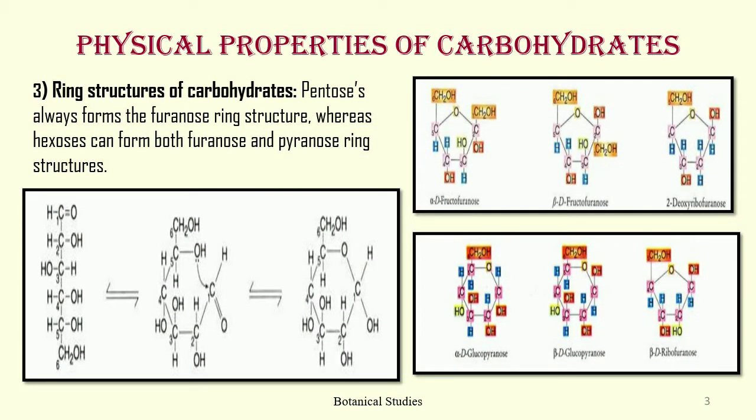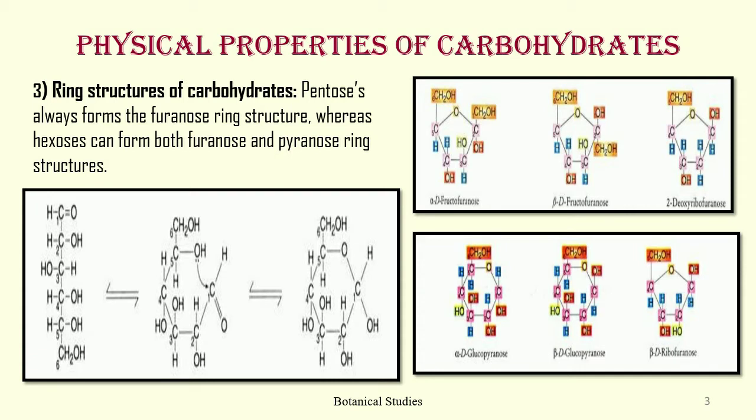Ring structure of carbohydrates. The aldehyde group on the first carbon atom of a sugar can react with the alcoholic group on the fourth carbon atom in pentoses and the fourth or fifth carbon atom in hexoses, forming a hemiacetal. This results in the formation of a cyclic ring structure. If the first and the fourth carbon atoms are involved in the hemiacetal formation, then the resultant ring structure is a five-membered ring that resembles another compound known as furan. Hence, the name of the resultant carbohydrate ring structure is furanose ring.